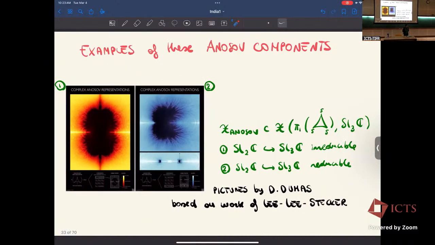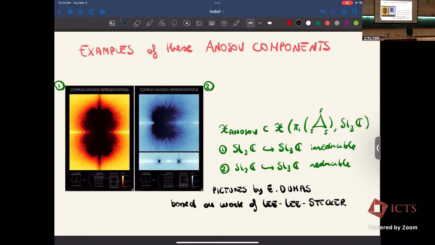And this is the picture that I promised. These are nice pictures made by Li Gisson and Florian Stecker, which I really like, because you can see concretely, and it really reminds you of some of the pictures that we have seen, maybe about quasi-Fuchsian space in some cases where you can do those pictures.